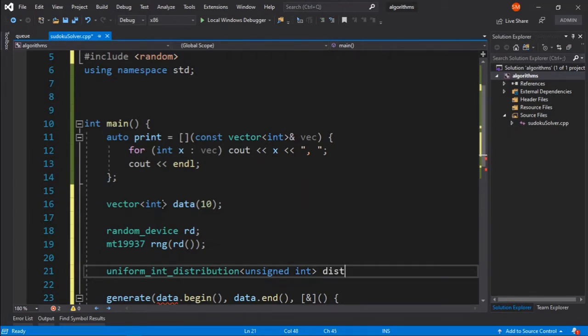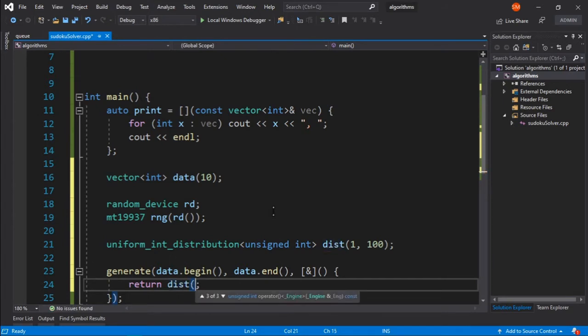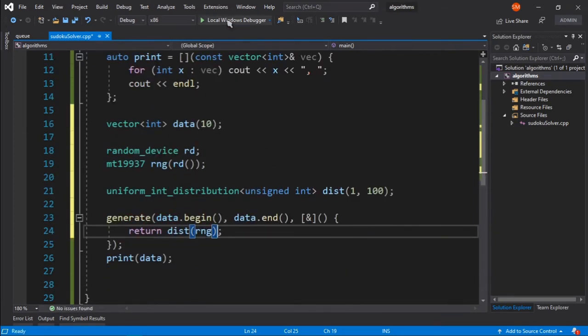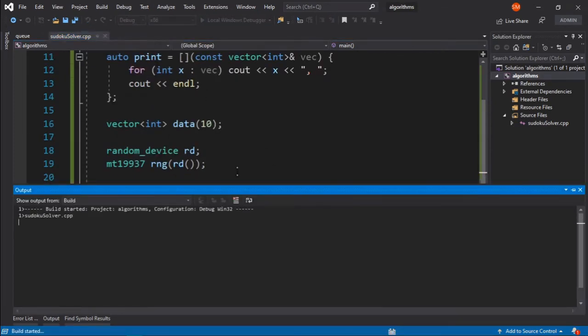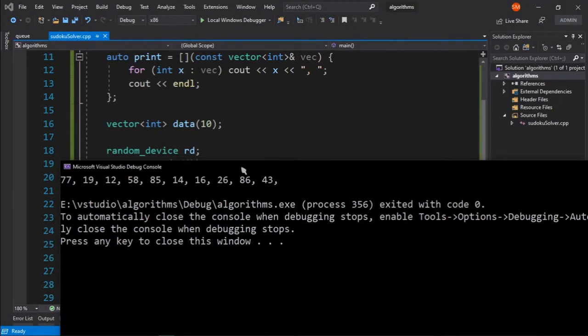and this distribution I will call dist. In case of uniform distribution, you just keep the range in between which the data has to be generated. In our case, it will be generated between 1 and 100. So the highest value can be 99 if I am right. And now I can just call this distribution on this range, and this should be enough to give us random values that are a lot better random than the previous one. As you can see, it's distributed quite nicely, but in general, you cannot see that much difference from a rand function.